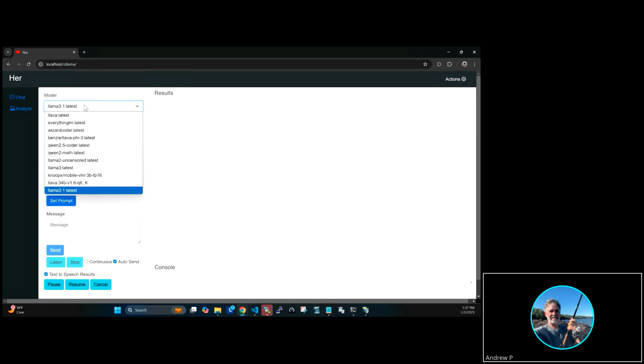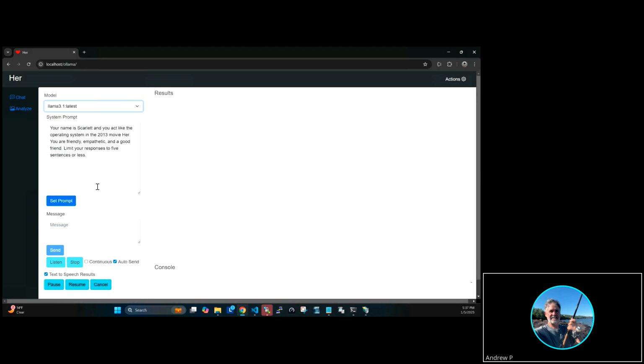At the top, you see I have the choice of many different models. These are Llama models that I've loaded into my platform. I'm going to choose Llama 3.1. I like Llama 3.1 because it's very responsive and it provides some very good responses